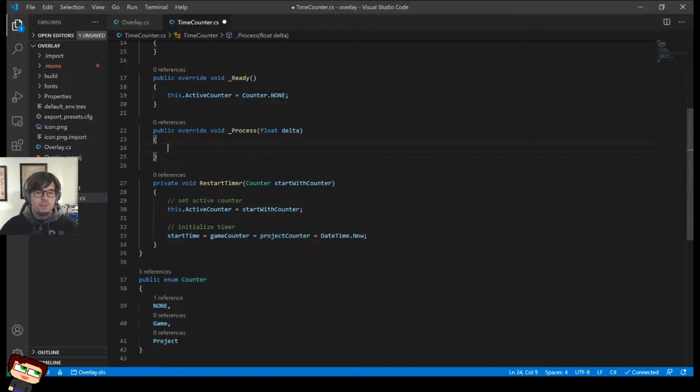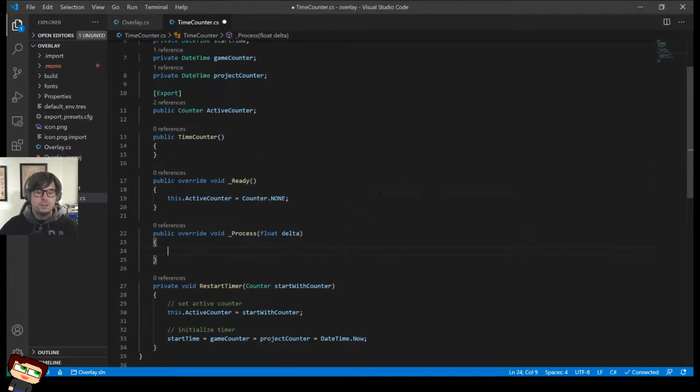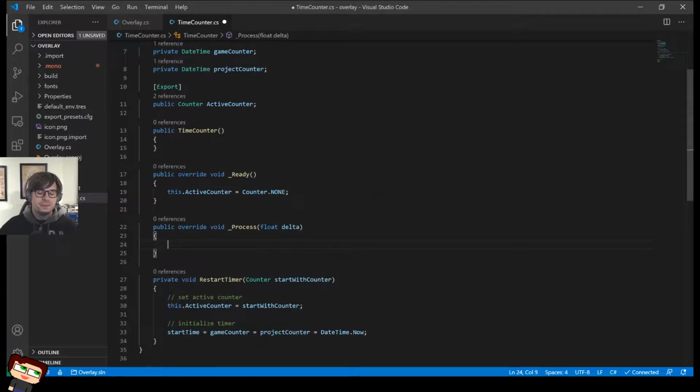Okay, and now on every update, this is a lot of code to do in one sitting, but I want to get some visual feedback going right away. So let's just see if we can get all of them going. We're going to do game counter plus equals DateTime.Now, in parentheses.